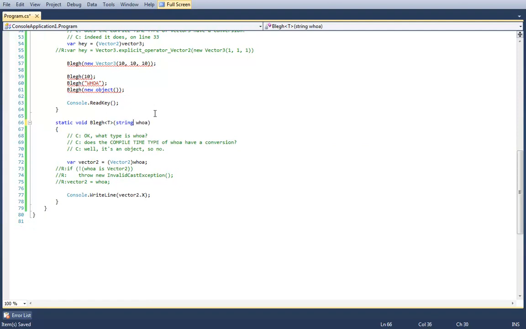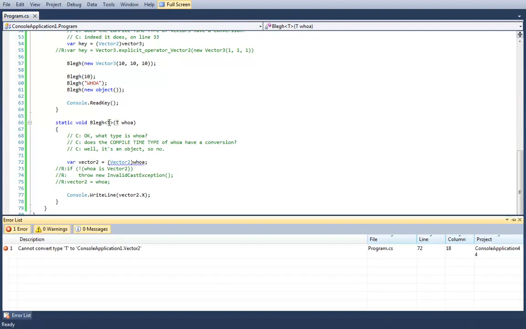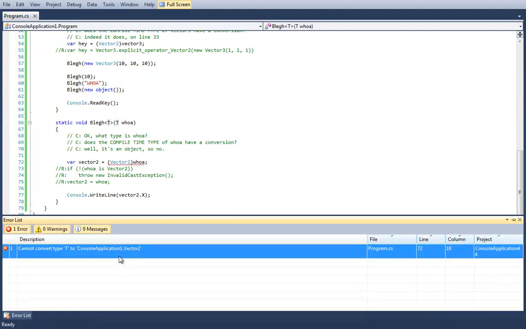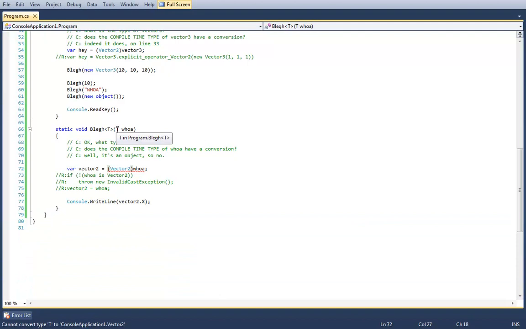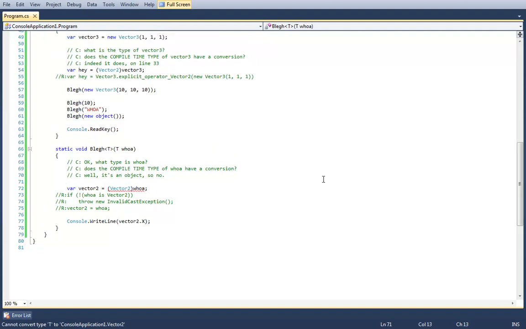So there's no way to get around this with generics. In fact, by adding genericism, what we have done is made the code not even compile. Because now the compiler says, well, T can be anything. And if T can be anything, I can't for certain tell you if you can do this conversion. And that's how the C# compiler generally does business. It will not let you do something it can't logically prove is possible, typically speaking, unlike certain compilers of certain languages.